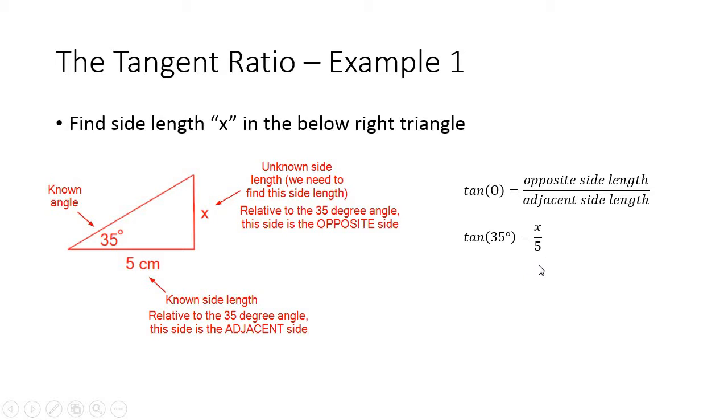What's the only way I can get rid of this 5? Well, I multiply by a 5 on this side. I multiply on the top, and therefore these two 5s will cancel out. But I can't just go and multiply by a 5, if you remember how algebra works, on the right-hand side